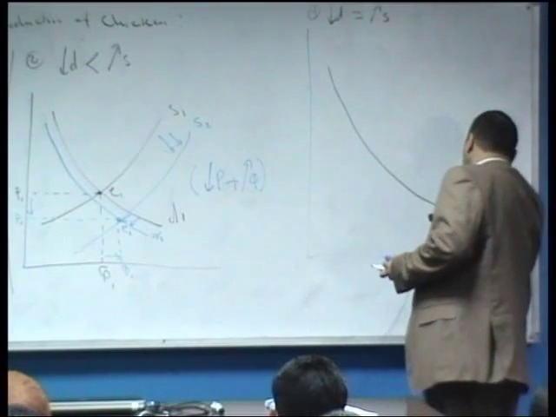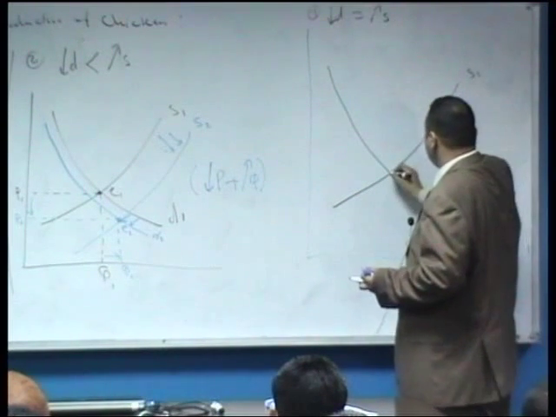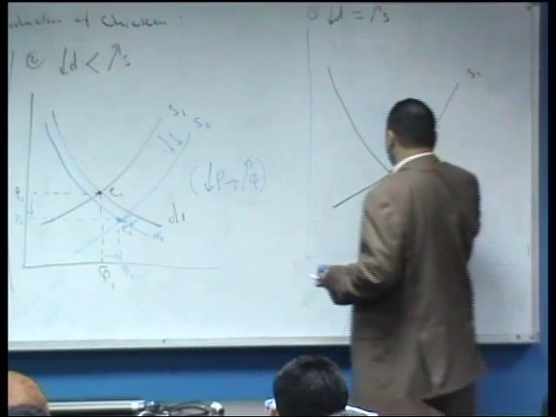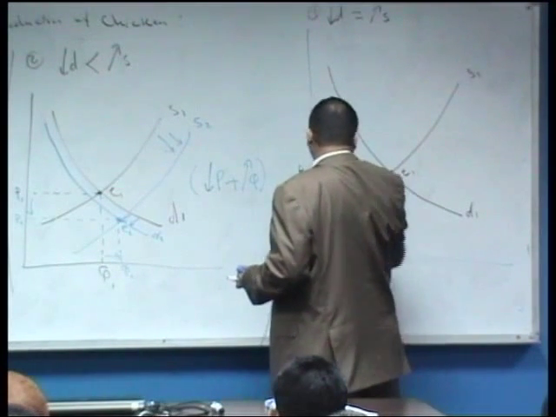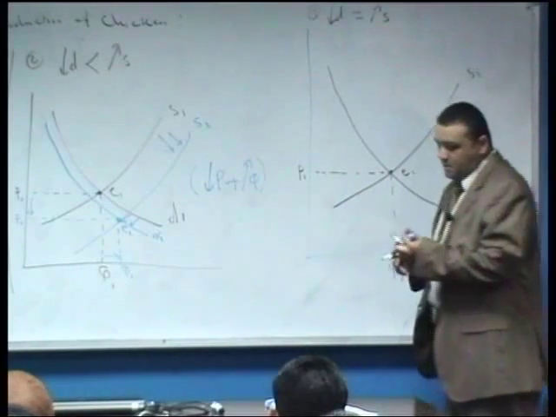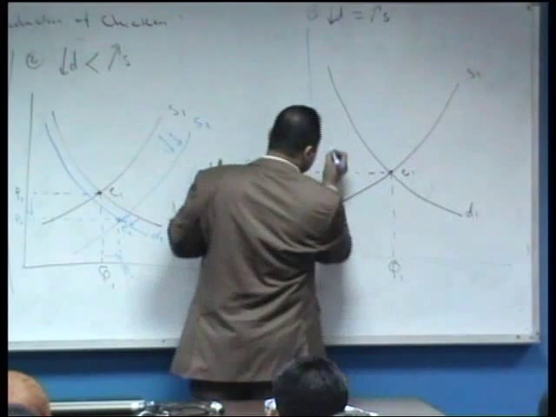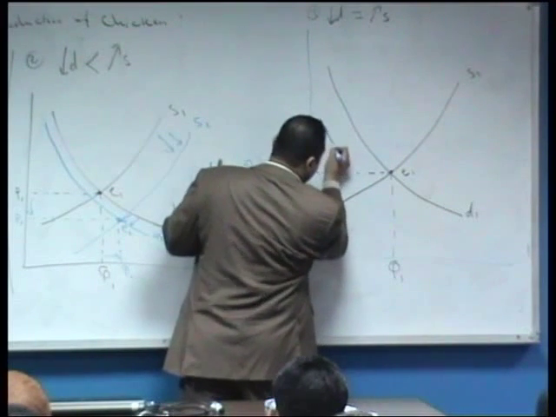This is D1, S1, E1, P1, Q1. If the reduction in demand equals the increasing in supply,